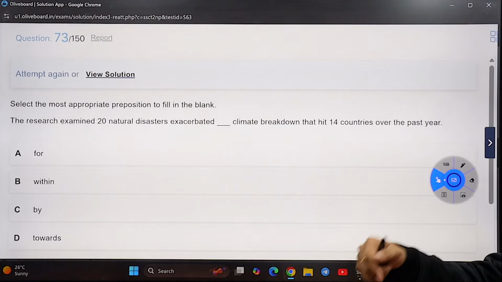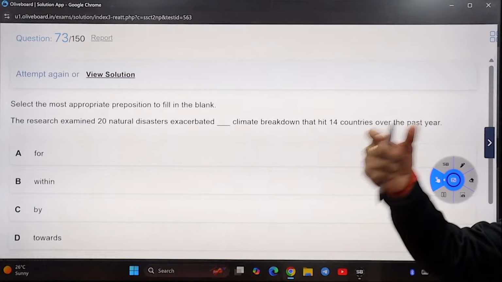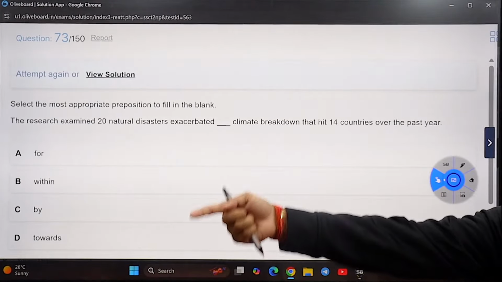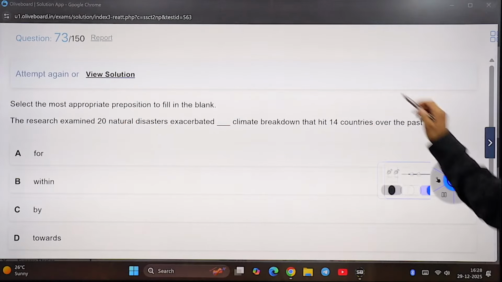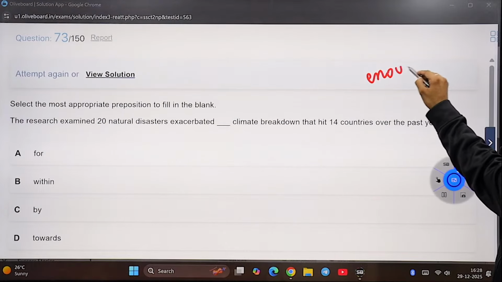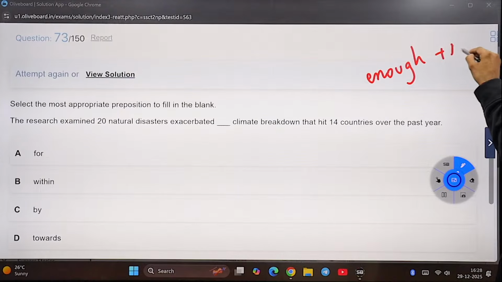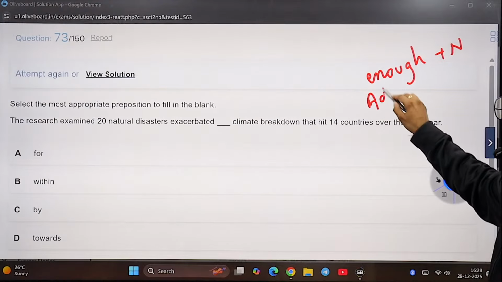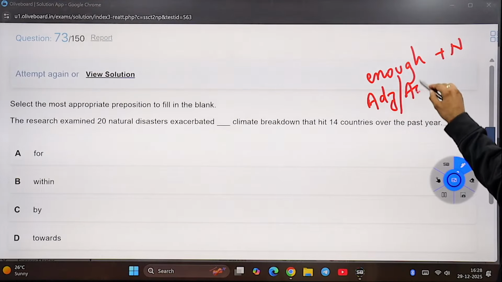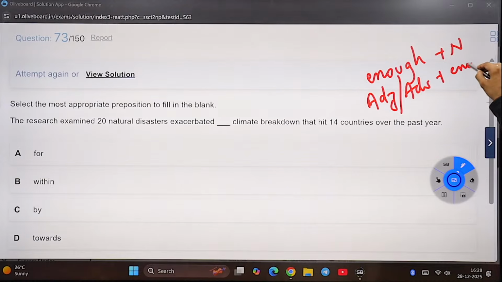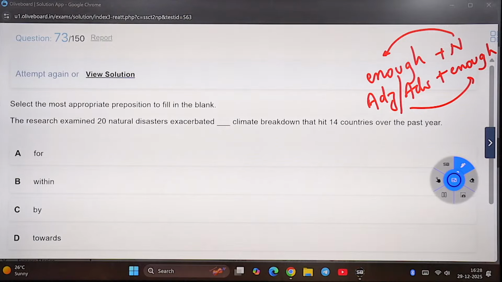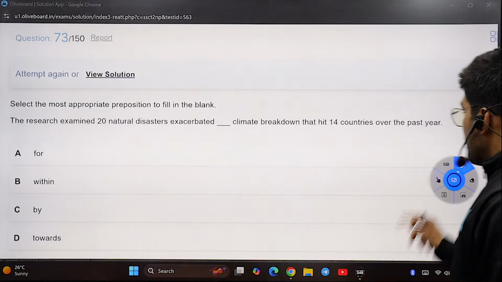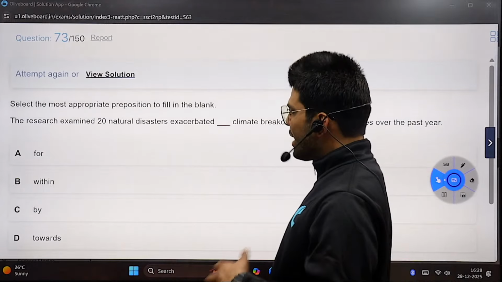Enough, absolutely. And then noun, adjectives or adverbs, enough then. Before the nouns, after the adjectives or adverbs. Exactly, just one option. The research examined 20 disasters